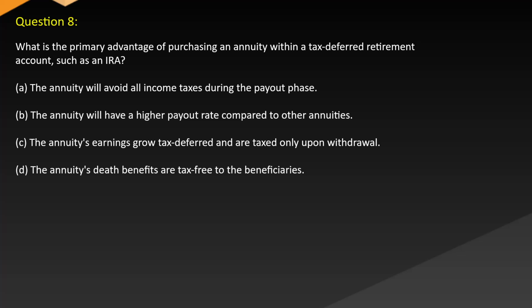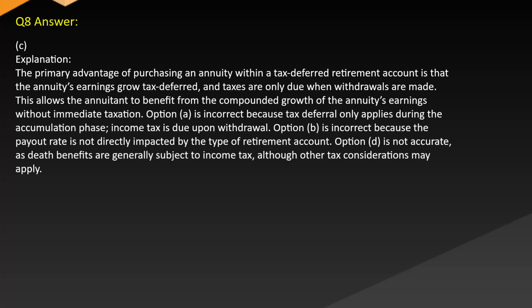A. The annuity will avoid all income taxes during the payout phase. B. The annuity will have a higher payout rate compared to other annuities. C. The annuity's earnings grow tax-deferred and are taxed only upon withdrawal. D. The annuity's death benefits are tax-free to the beneficiaries. Answer C. Explanation. The primary advantage of purchasing an annuity within a tax-deferred retirement account is that the annuity's earnings